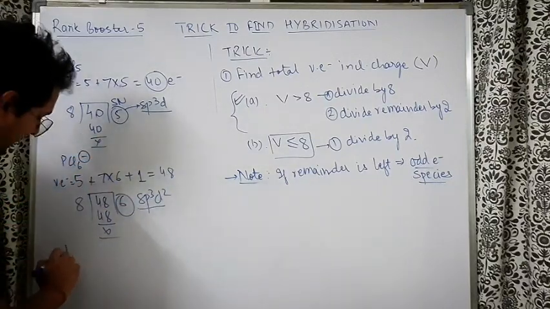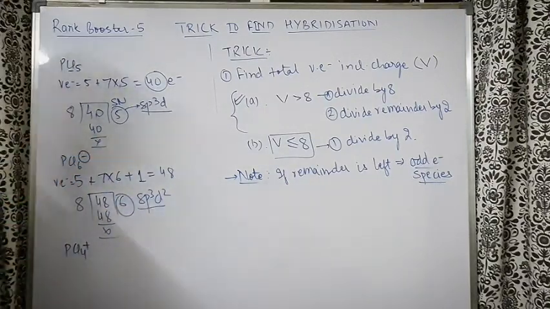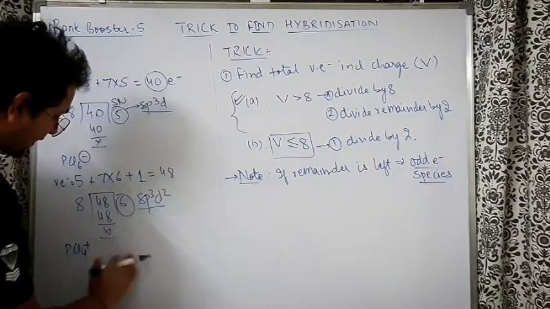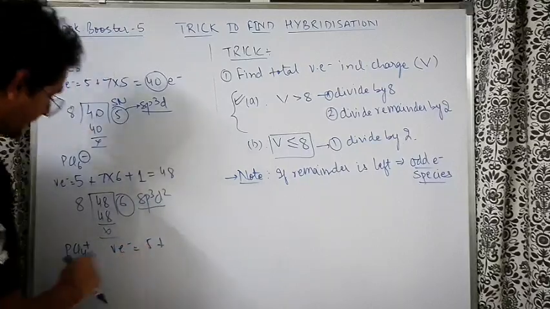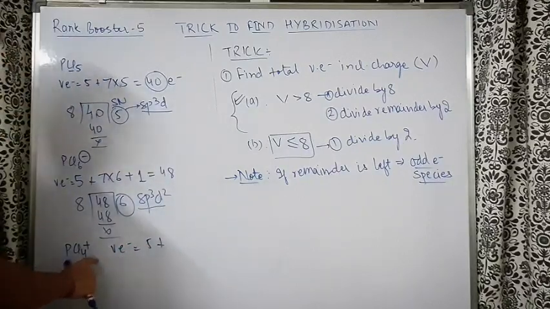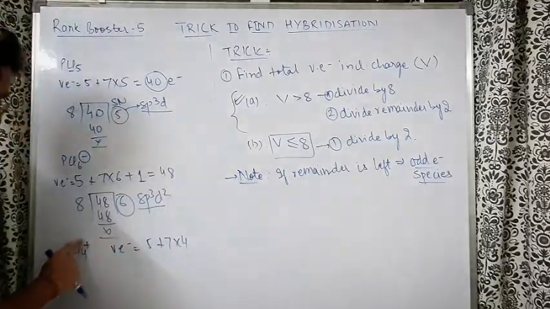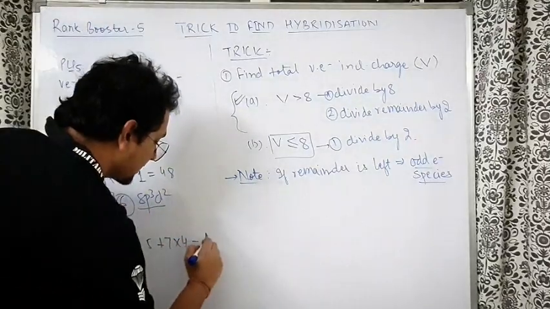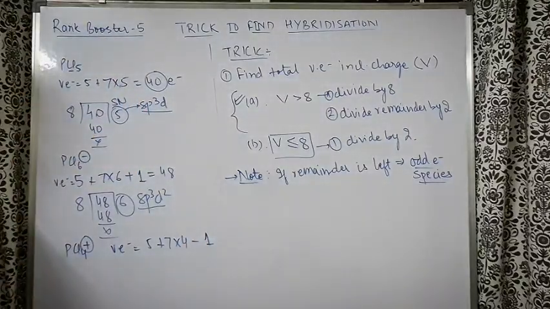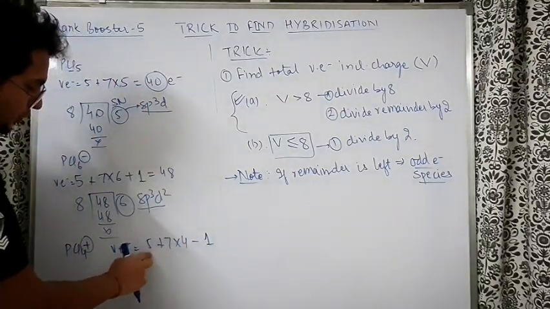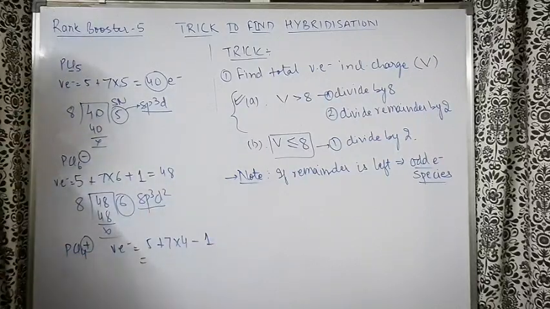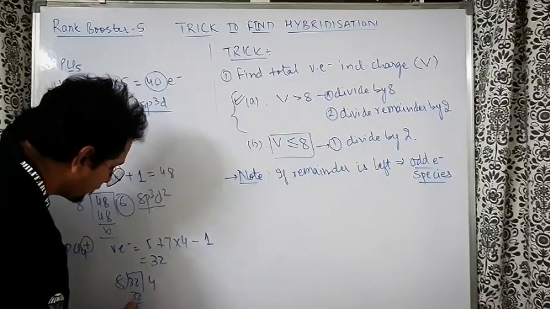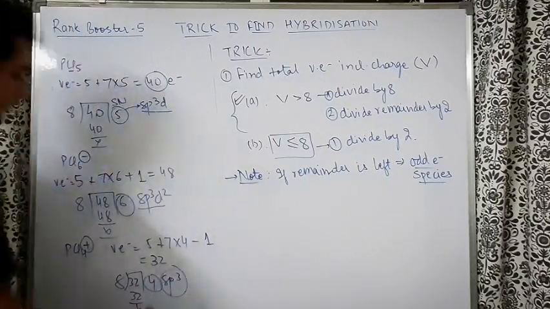One more example I can take. PCl4 plus. So if I take PCl4 plus, phosphorus 5, I am finding the valence electrons now. Phosphorus 5, chlorine 7, 7 into 4, 28. Now because you have a positive charge, that means you lost one electron, so subtract 1 from here. Pretty simple. 7 4s are 28, 28 minus 1 is 27, plus 5 is 32, and, bhaiya, clear cut, 8 4s are 32,